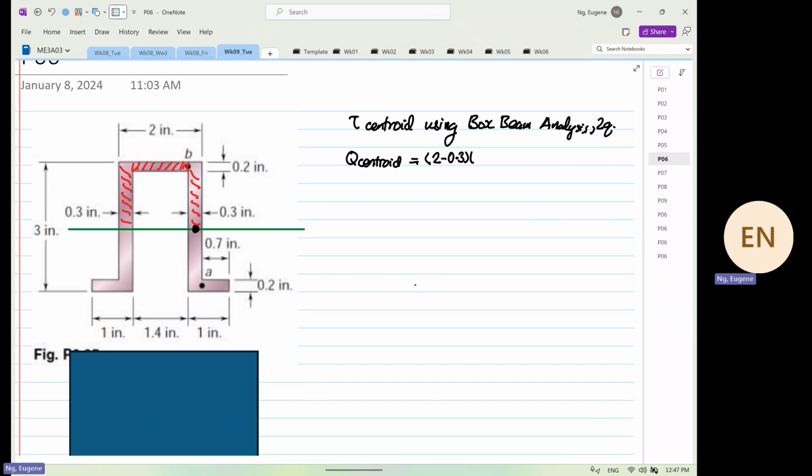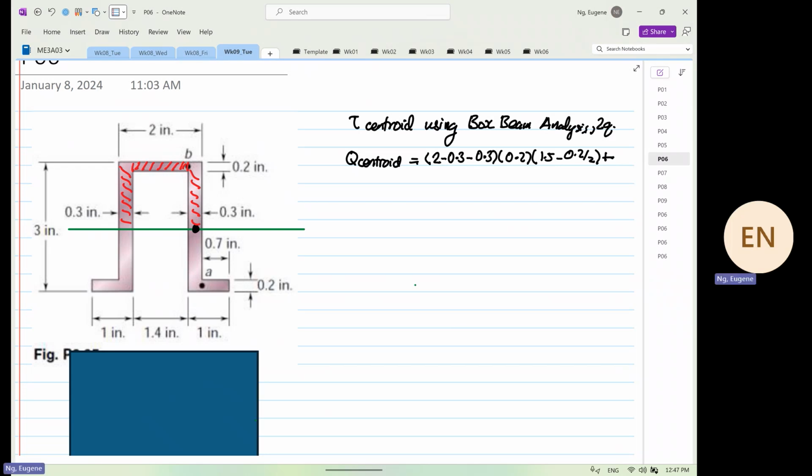So this is our width. Our depth is 0.2. The Y bar is equal to 1.5 minus by 0.2 divided by 2. And then we're going to plus